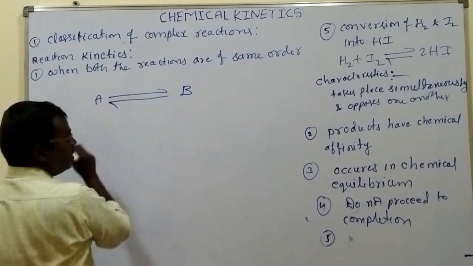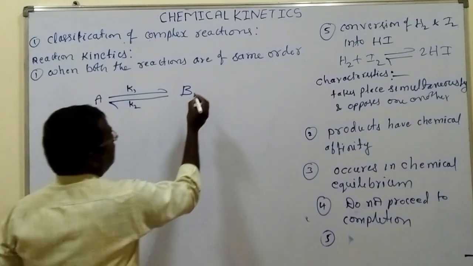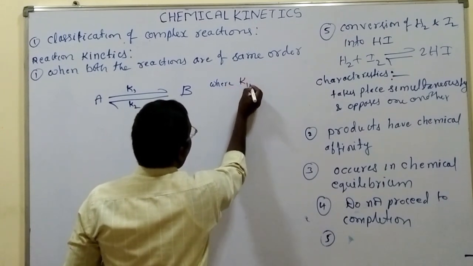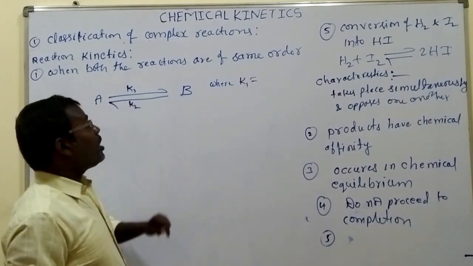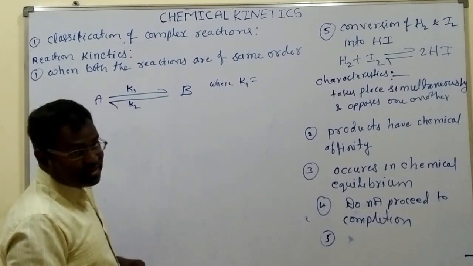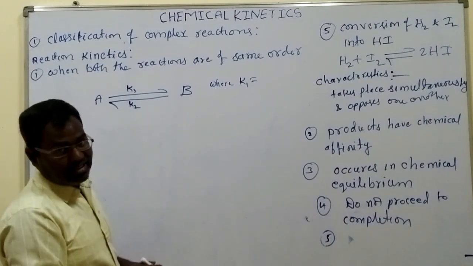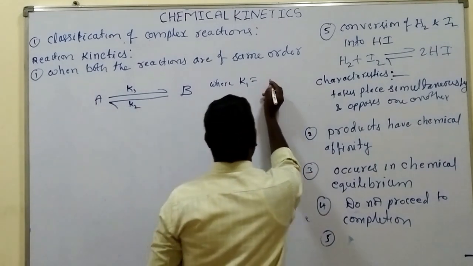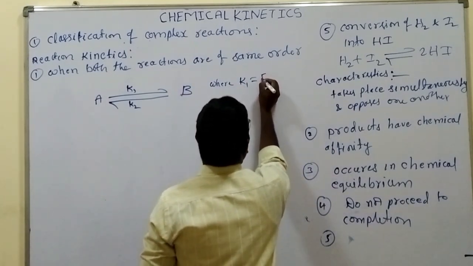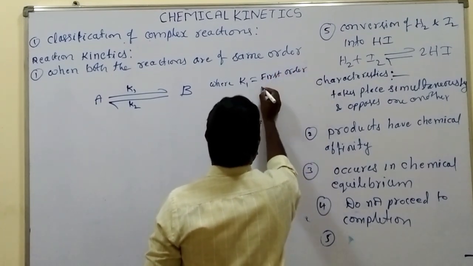So here we have the rate constants, one is K1 and another one is K2. Here K1 is the first order rate constant, otherwise the first order forward reaction constant. Simply you say first order rate constant. It is the forward reaction only, so it is the first order rate constant,